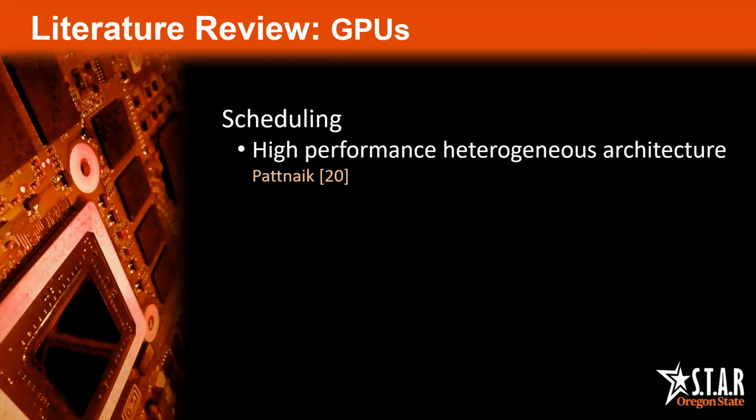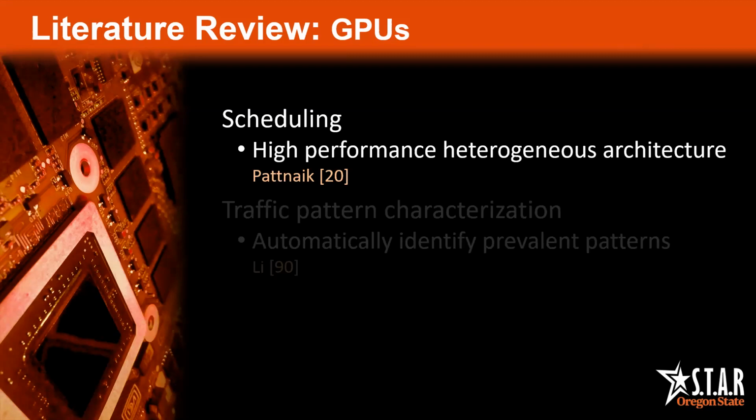Pat Naik applied several regression models to the task of workload scheduling in a heterogeneous processing and memory architecture. Their architecture integrates a simplified GPU, called GPU PIM, in the base layer of a 3D memory stack. The first step in scheduling is performed by a regression model that predicts processor affinity, effectively determining whether a kernel would benefit from execution on GPU PIM over traditional GPU cores. A secondary regression model is trained to predict execution time for each kernel, allowing dynamic workload redistribution.